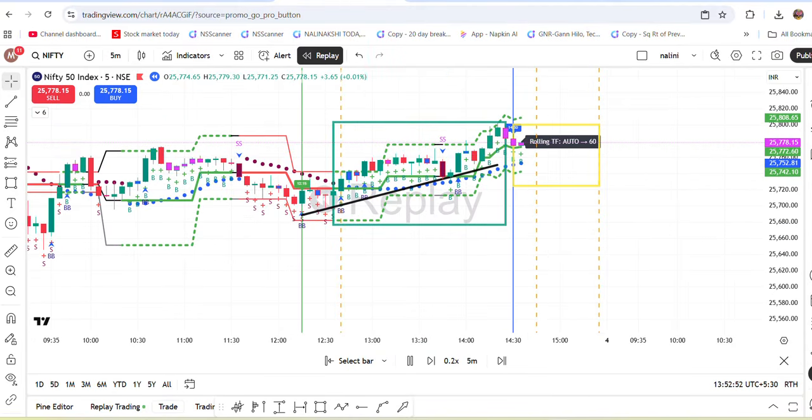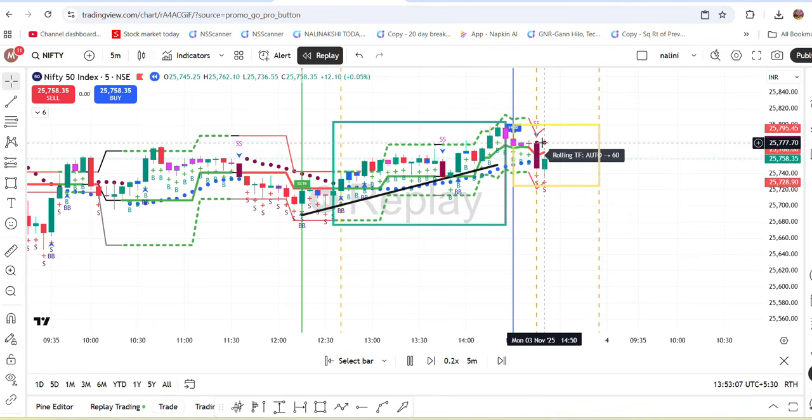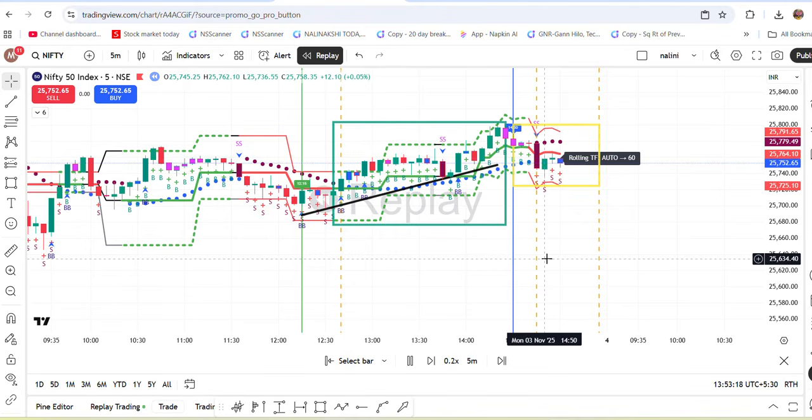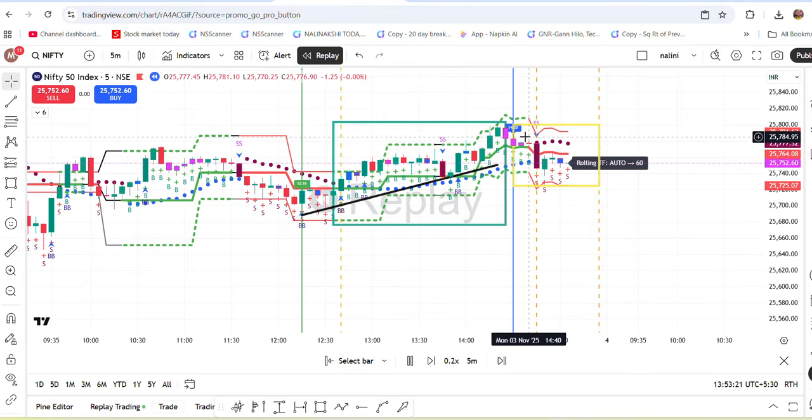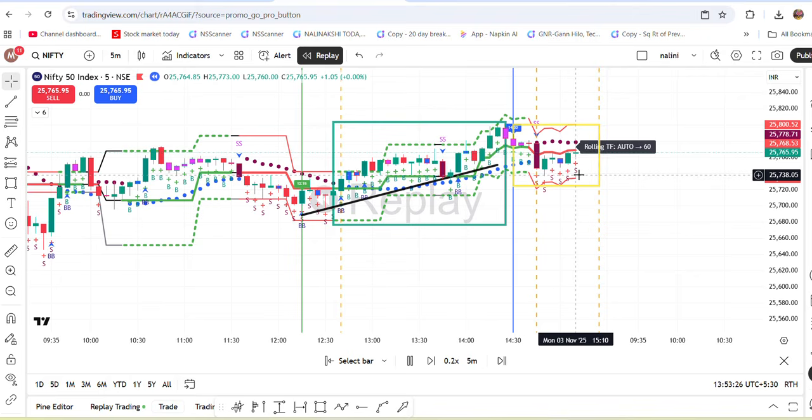You can see this is 2:30 p.m. I've started from 2:30. What is happening over there? Narrow bar formation over here, and the price falling below the wide range bar, the Gann HiLo turned red. Blue flipped to red, and all the pivots have turned red. All the R1, S1 and the pivot turned red. After the wide expansion bar, you are getting a narrow bar over here. After the narrow bar, even though price moved higher, next bar expansion,